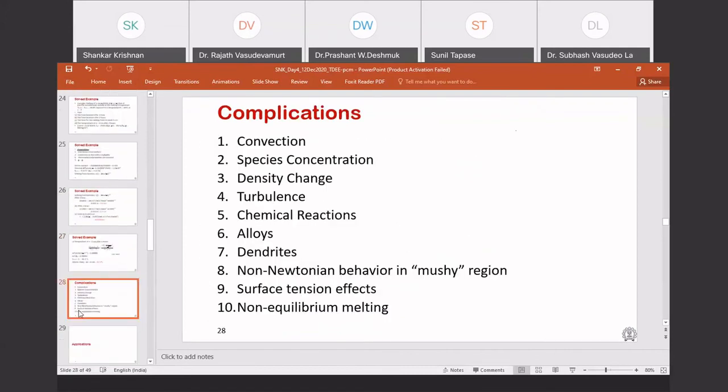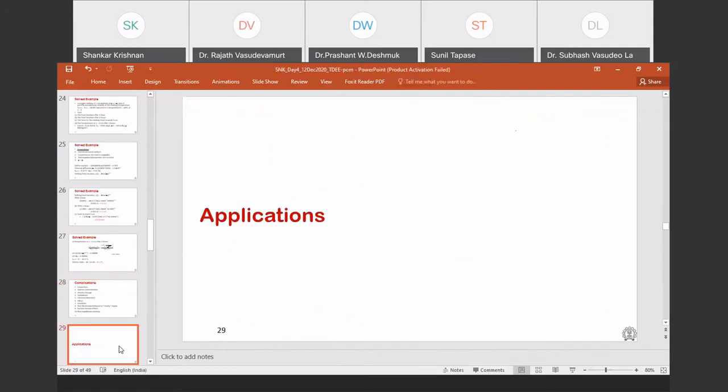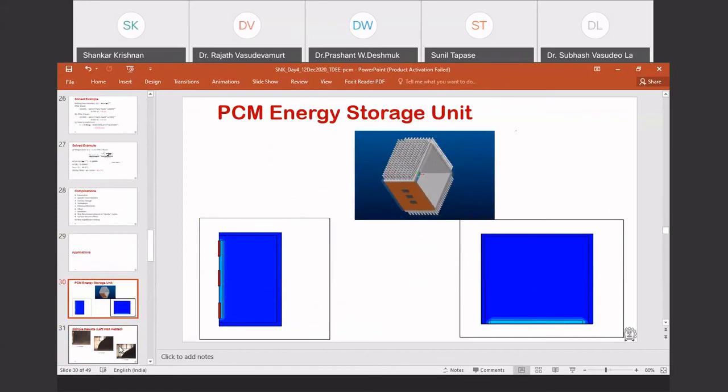I'll skip through that. And there are many complicating factors when you have these phase change problems. You can have natural convection, species concentration, density change, turbulence, and so on and so forth. So we won't get into those aspects, and we'll instead focus on a couple of applications